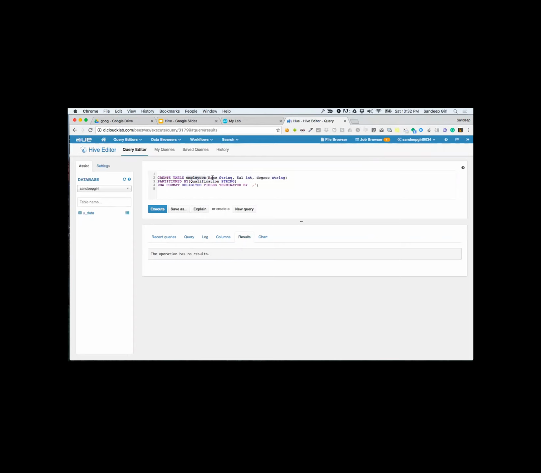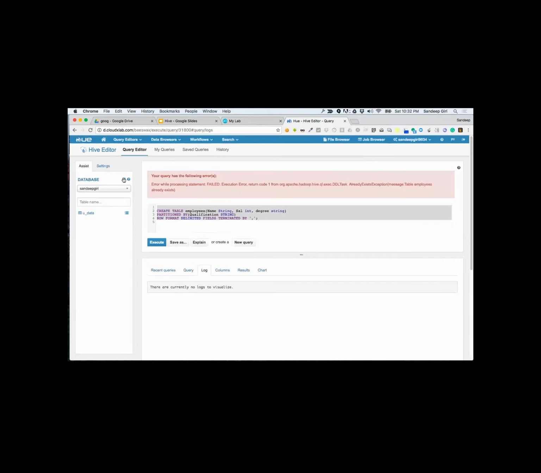Okay. Employees table had 3 columns: name, salary, and degree. Okay. And it's partitioned by a next column, 4th column called qualification. So in total, this employees table would appear to have how many columns? 4 columns. Okay. Okay, so this is already created.